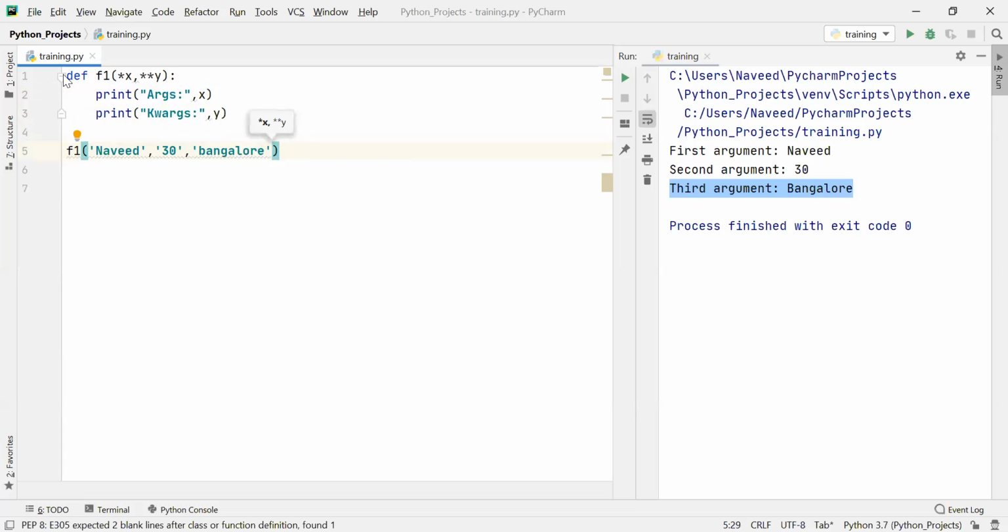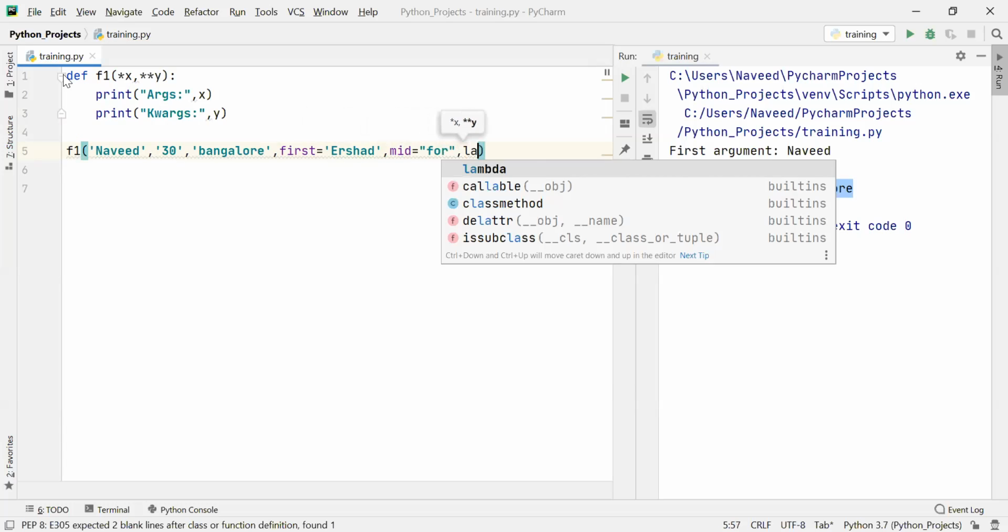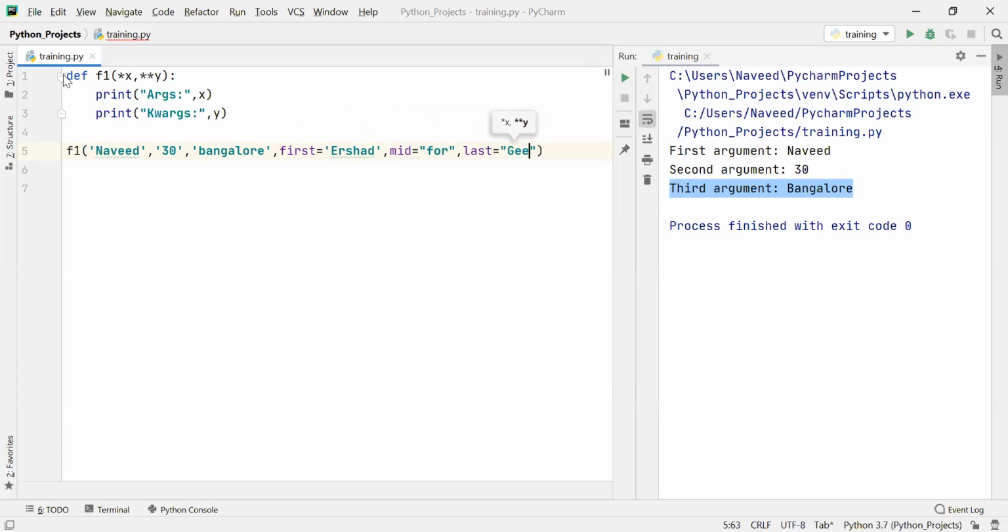And let me say first equals Irshad, this is my last name, and let's make mid equals some junk values just to test it, and then last equals geeks.